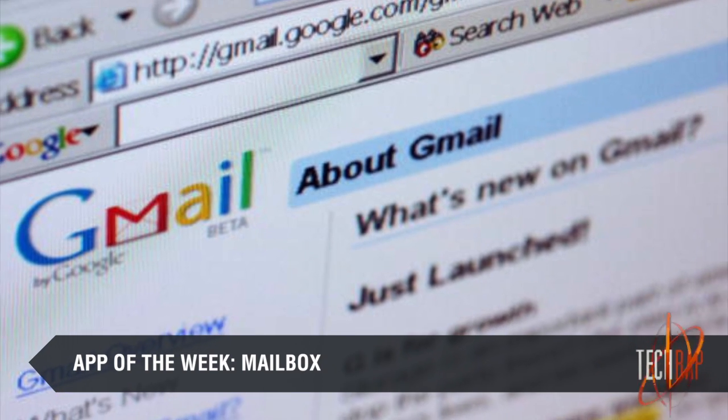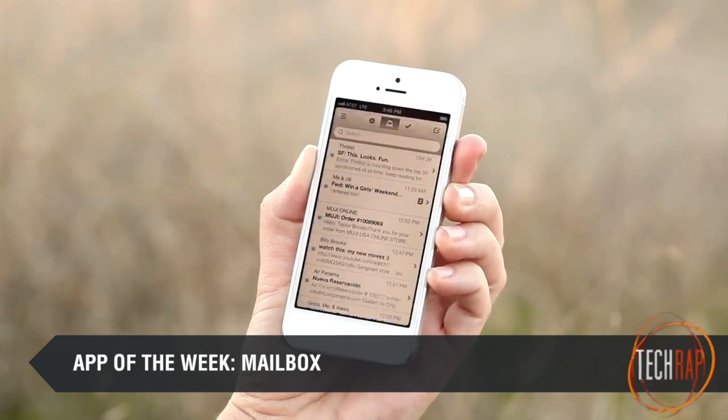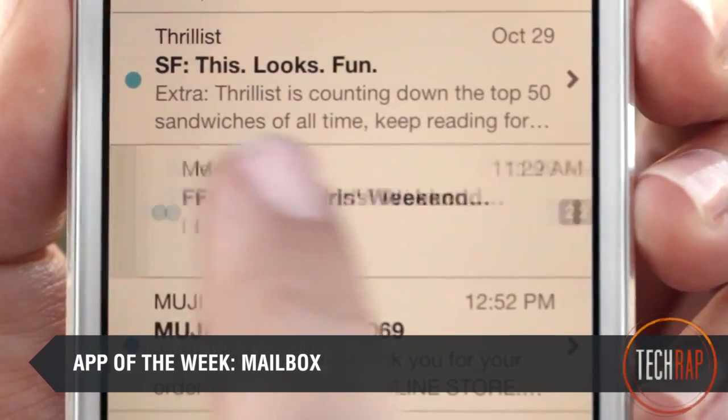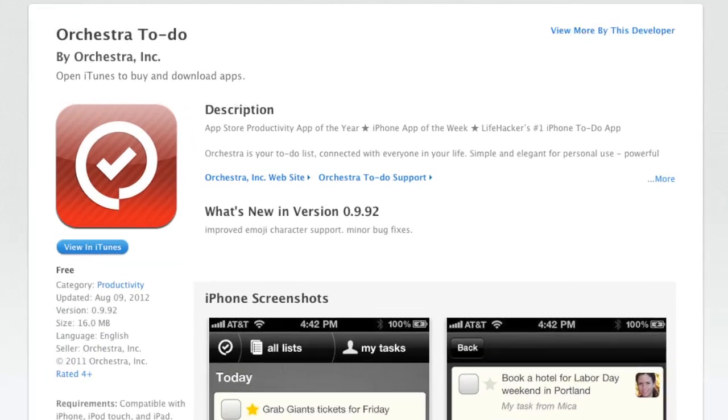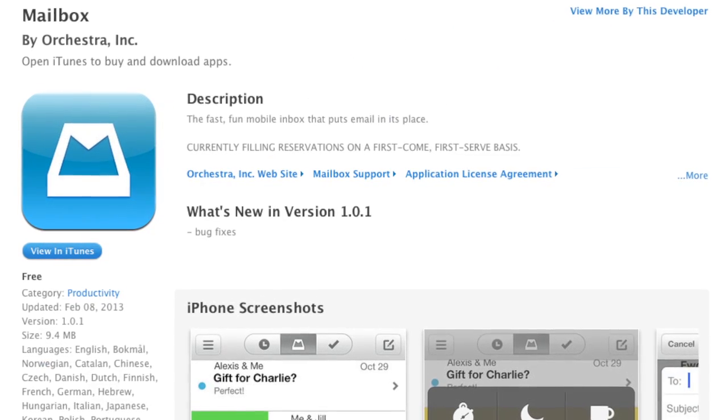Is your Gmail inbox getting out of control? We found an app that will not only help you organize your email, but act on it so it doesn't stay around to bug you. From the makers of the 2011 iTunes App Store Productivity App of the Year, Orchestra, comes Mailbox. Released just this week,